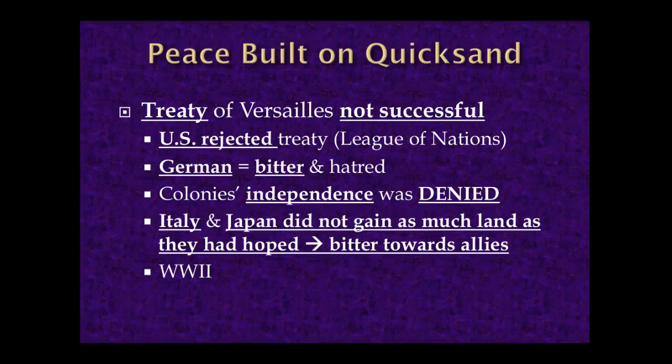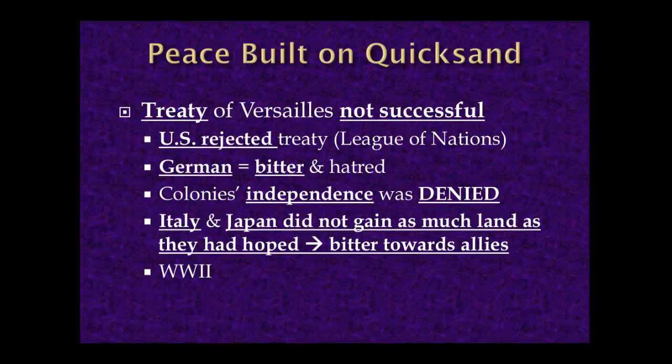The U.S., who comes out of the war as the strongest nation, rejects the League of Nations. The U.S. populace, the Senate, House of Representatives, Congress basically, thinks that the United States should return to isolationism, that they should stay out of Europe's affairs. So without the strongest nation in the world able to enforce the League of Nations, it has no legitimacy, no authority. So the League of Nations is basically worthless without the United States there to regulate and enforce.